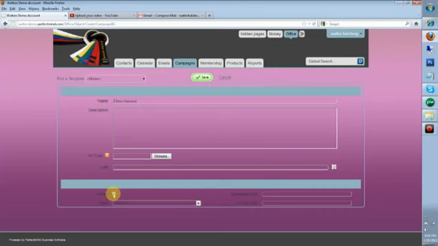I'm going to check the active box just to know that it's an active campaign, and then the type, of course, is going to be online. All right, so basically from here, if you do have a cost, you can always put your cost and